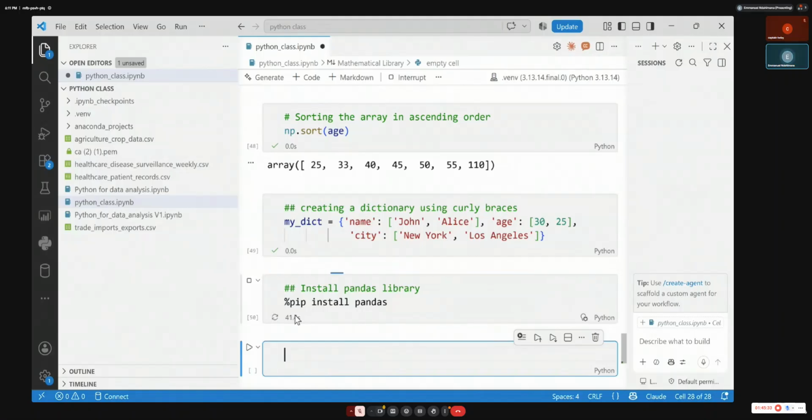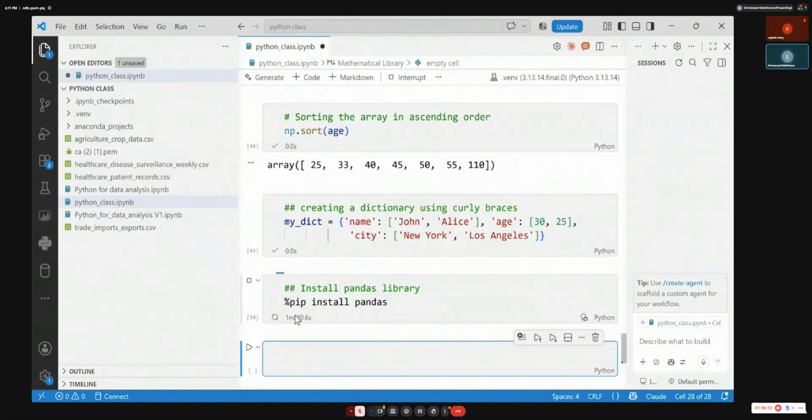Pandas is mainly used for data analysis, data manipulation, filtering, sorting, cleaning, everything that goes with data analysis. NumPy was for mathematical operations, cosine, logarithmic, trigonometry, and so on. But pandas is strictly for data analysis and cleaning. Just do the installation, and then we're going to take pandas and tell it, please go and read that dictionary and bring it as a table. The next exercise will be to read some files.